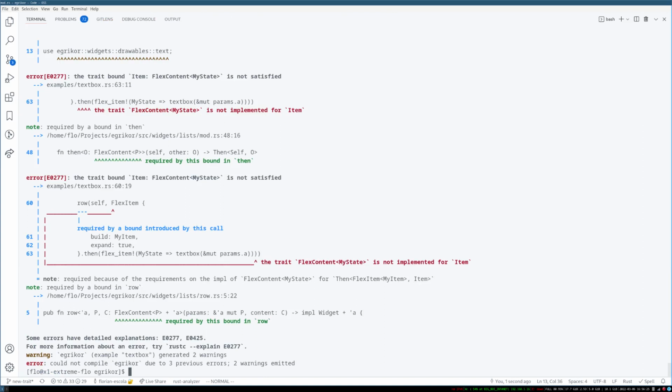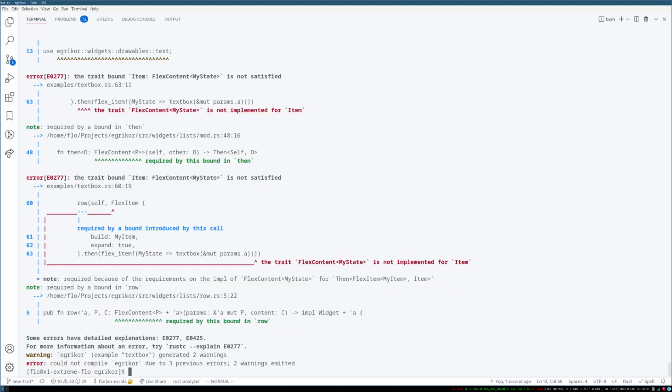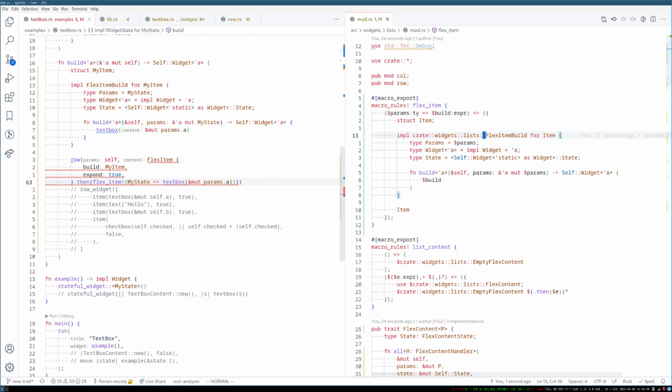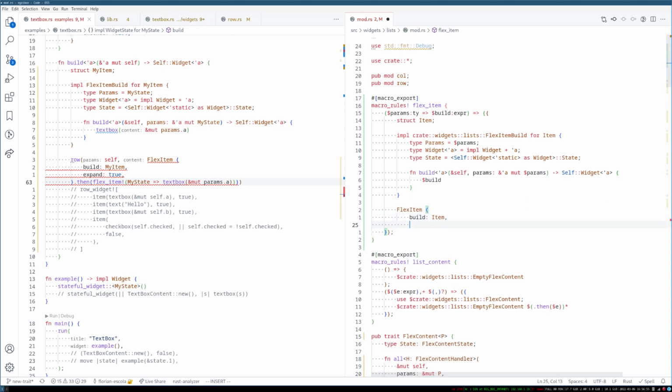Not flex content. My state is not implemented for item. Interesting. Flex. Right. Same mistake I made before. Flex item build. Like maybe if expand, we'll have to see. Theoretically, if expand is static anyway, we could